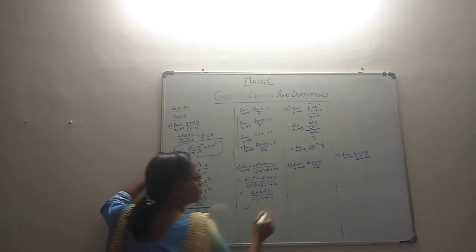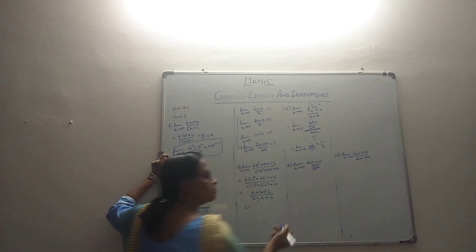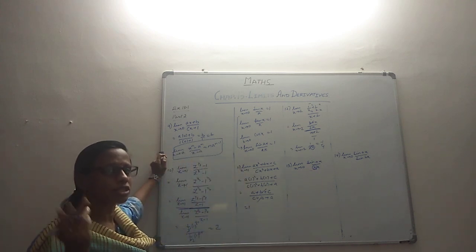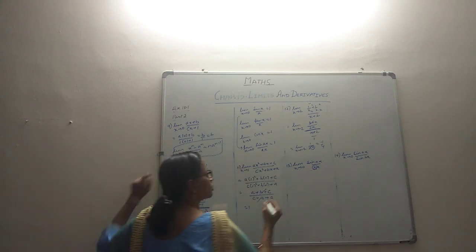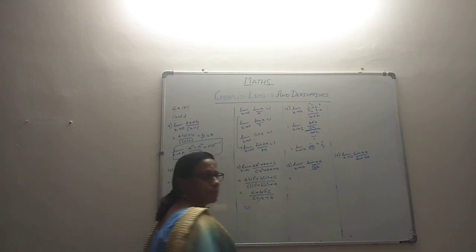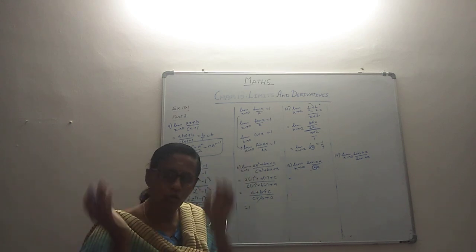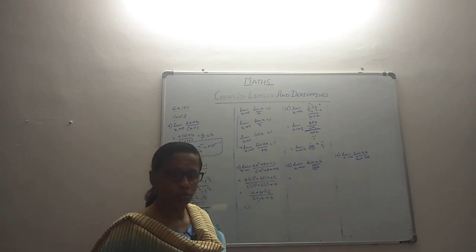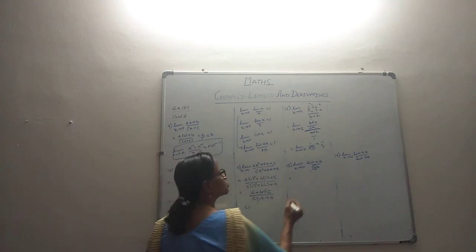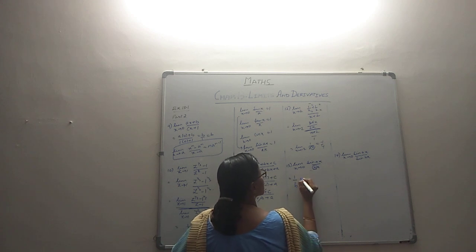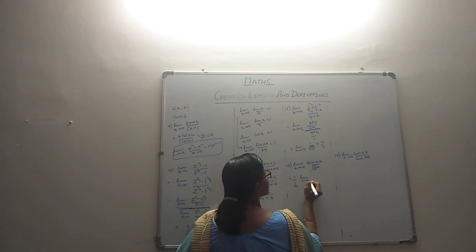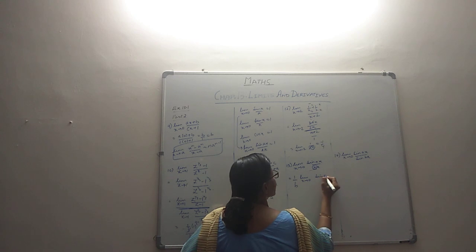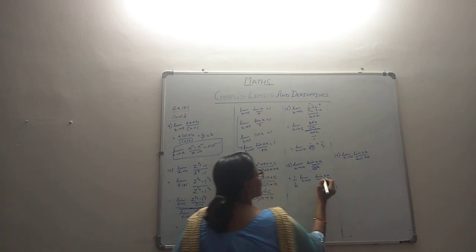So here the problem is with this b. Had this b been a, your work is over, but it is not. So let's see how to sort it out. Now limit has got this property that all constants can go out. It will be filtered out of the limit. So this b can move out because it's a constant, and it becomes 1 by b times limit as x tends to 0 sin ax by x. That is good for us.